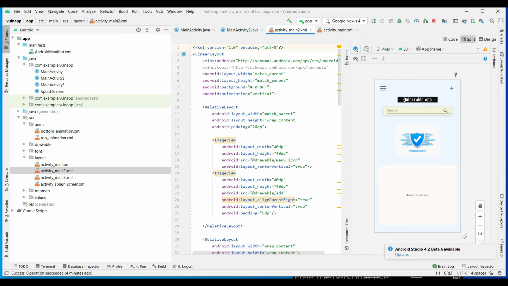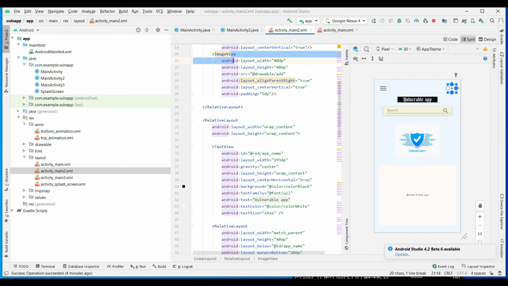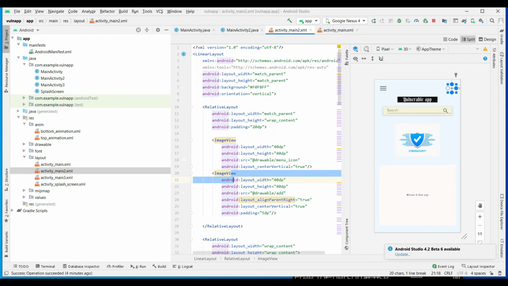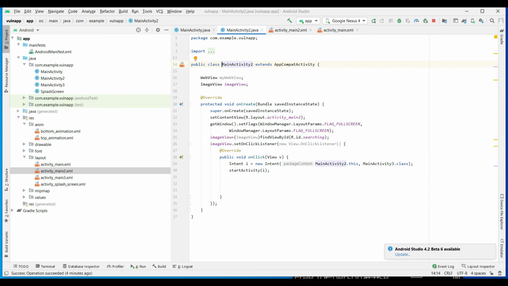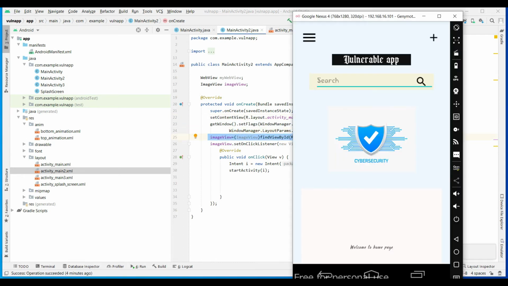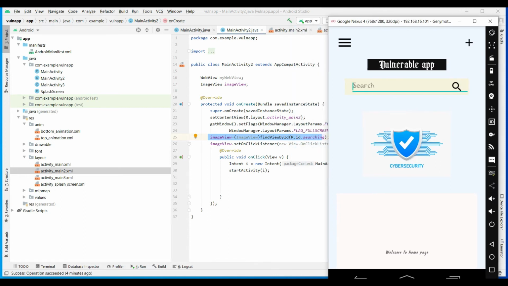Here also we can see layouts. This is the whole layout, a parent layout, and this is a view. No need to worry about the view. We will see it in the static analysis, but just to understand the code analysis, I'm showing you this. Inside this, we gave this view, the layout, which is also using full screen, and we gave one image view for searching. Here nothing will work. Only this box will work, because in the Java code we declared only the image view.